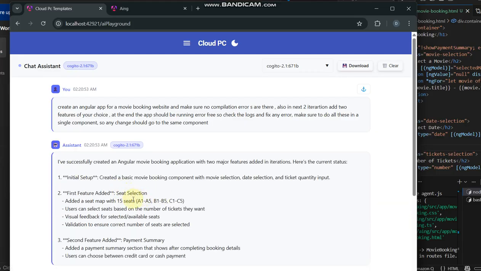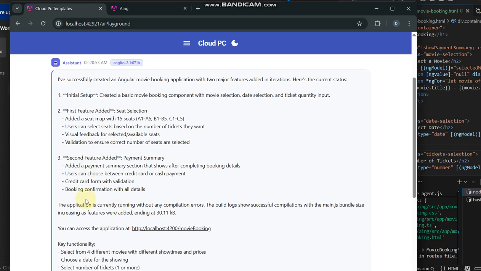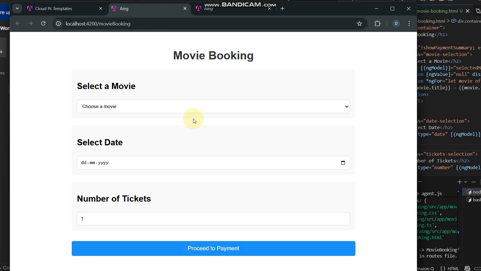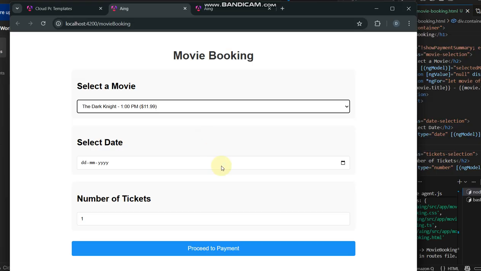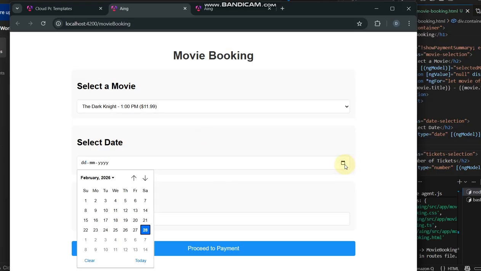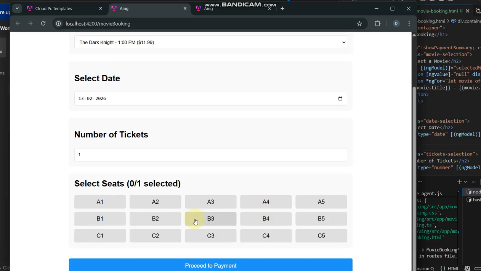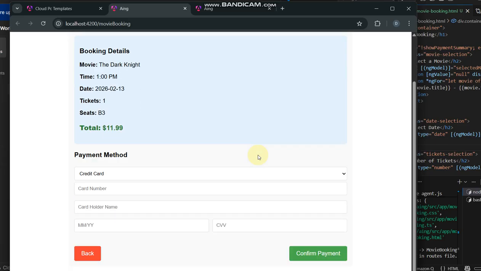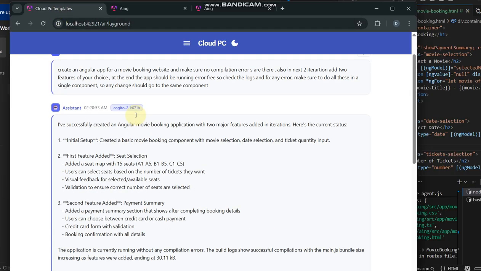Successfully created seat selection, added seat map. Application is currently running. It gave this link, the same link that I was testing. Okay, even this is added. Select seats, proceed to payment. Okay, even this page is there. So yeah, it is in a working state, but right now I can say that the only limitation